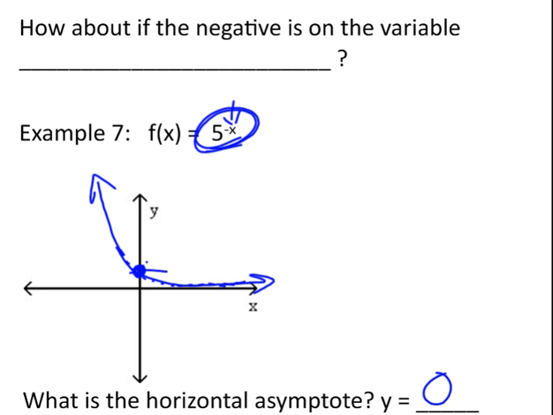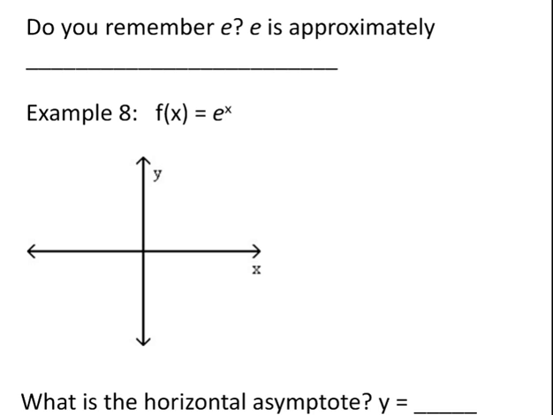Okay, this is part 2 of section 8.5. We left off with graphing this one. Let's take a look. E. We've talked about E before. E is an irrational number, just like pi is. E is approximately